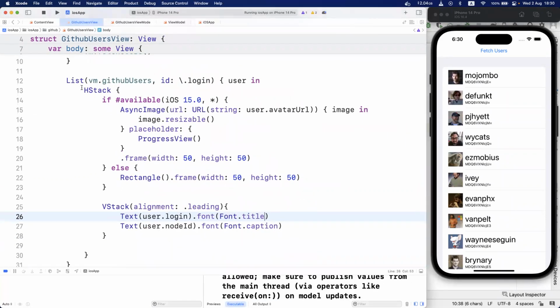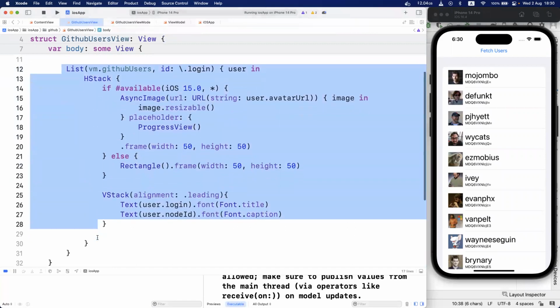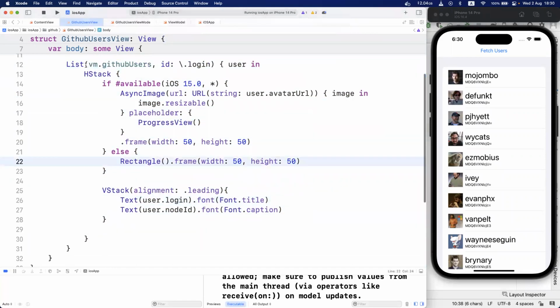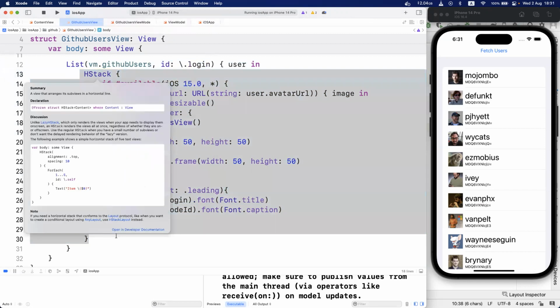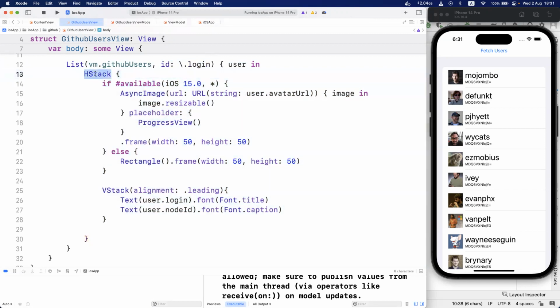So the UI that we have created right now is going to be a list, and the list is getting data from the VM, VM GitHub users, and we will give an identifier for each item. And the UI